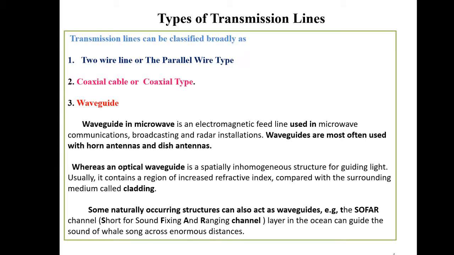It consists of a rectangular or cylindrical metal tube or pipe. The electromagnetic field propagates lengthwise. These waveguides are most often used with horn antennas and dish antennas. Whereas an optical waveguide is a specially inhomogeneous structure for guiding light, that is, for restricting the spatial region in which light can propagate. Usually, an optical waveguide contains a region of increased refractive index compared with the surrounding medium,